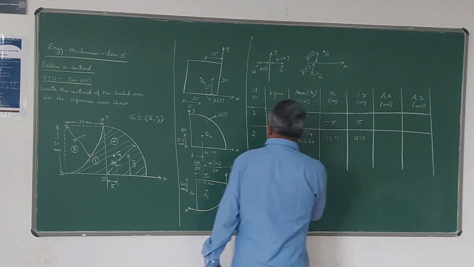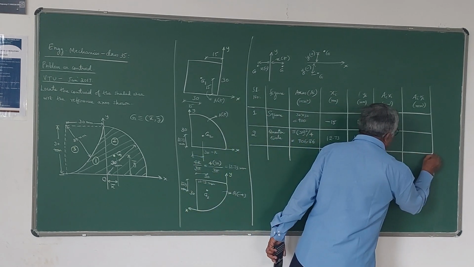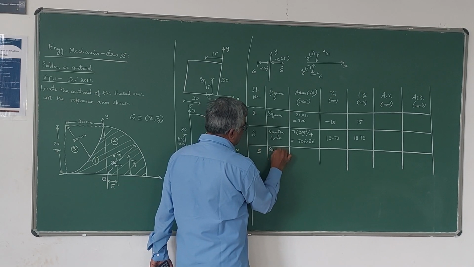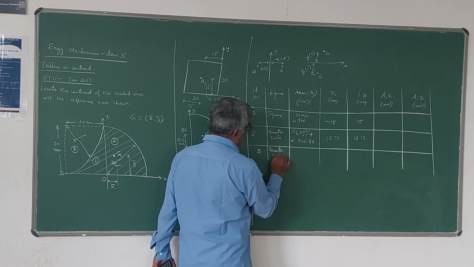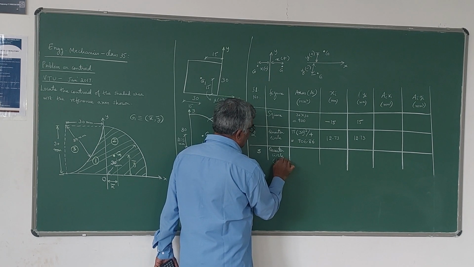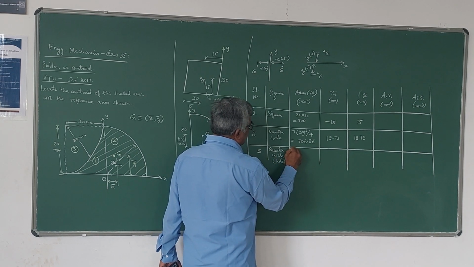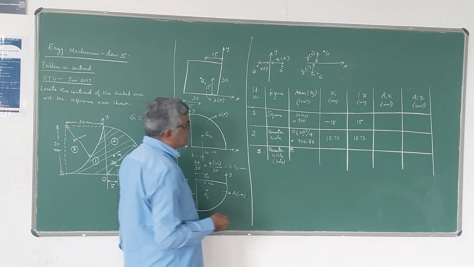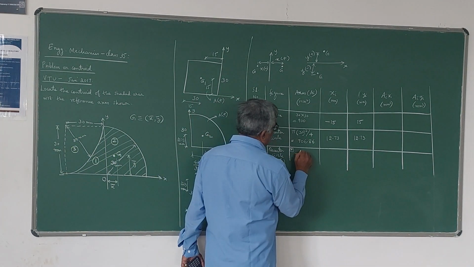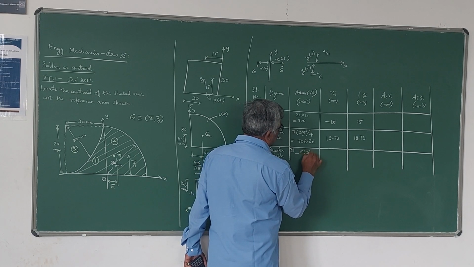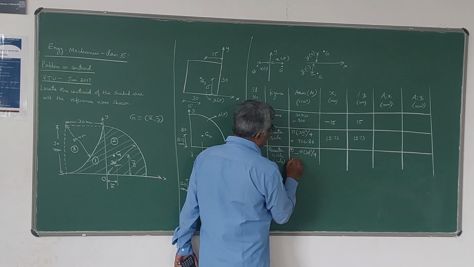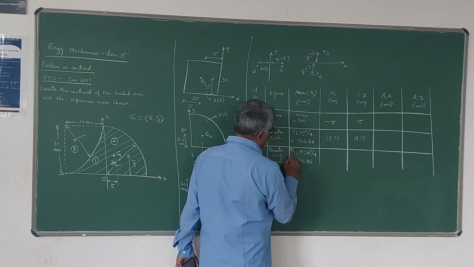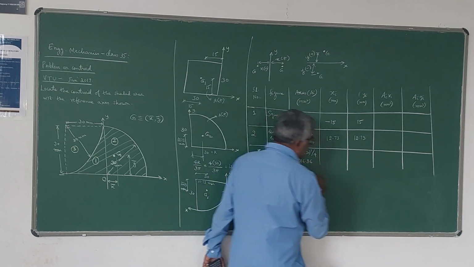Next, the third figure is the quarter circle cutout portion. Number 3, quarter circle. So it is a cutout portion or a hole. Therefore, the area becomes negative here. So it is of the same area as this because the radius is 30 here also. The only thing is here it is minus pi into 30 square by 4, which you are going to get as minus 706.86. Okay. So this is the area.